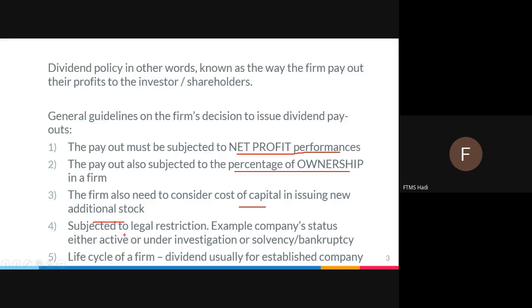Number 4, subject to legal restriction, which refers to the business status of a company. For example, the company status is either active, under investigation, solvency, or bankruptcy. Definitely, companies facing solvency and bankruptcy are not eligible to give dividends, because they are in a court case and also under investigation, for example a corruption case, and also